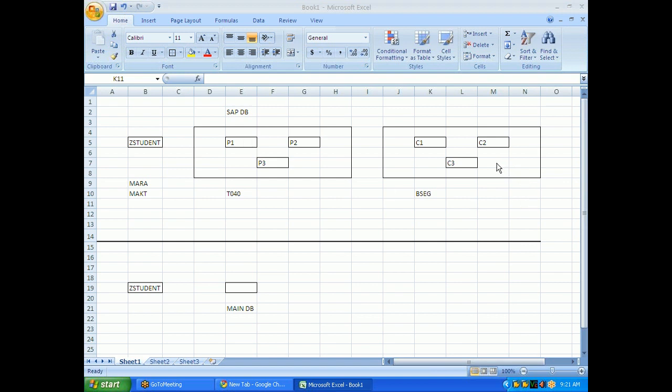But in the case of cluster tables, several logical rows from different cluster tables form together a table cluster. What are these logical rows? I'll repeat. In the case of pool tables, several pool tables together form a table pool. But in the case of cluster tables, several logical rows from different cluster tables form together a table cluster.